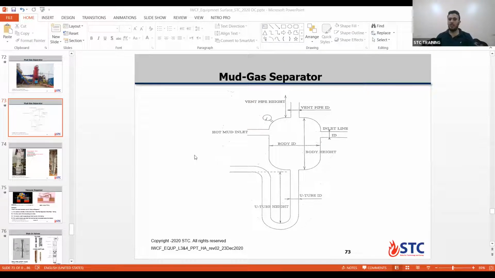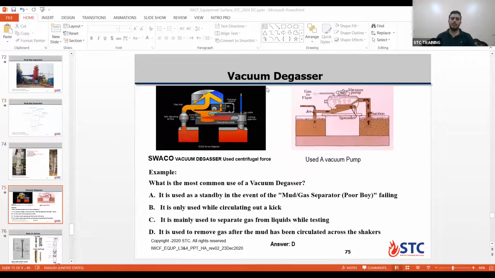We need to always keep the pressure high here, not allowing gas to overcome the operating pressure and enter the shaker area. After that, we have something called the vacuum degasser. Once the fluid has been circulated from the mud gas separator, we're gonna use the vacuum degasser for any small droplets or any mist of gases to be removed from the fluid stream. So here there is a question: what is the most